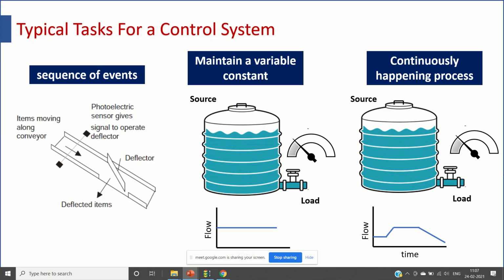Fine. So this is where we had concluded our last lecture, and I will start again with a little bit of repetition. This is what we were discussing about the tasks that a control system has typically to perform. If we segregate the various tasks that a control system performs, then you will come across these three basic types. In the first type, the control system has to handle a sequence of events, and such sequence of events is